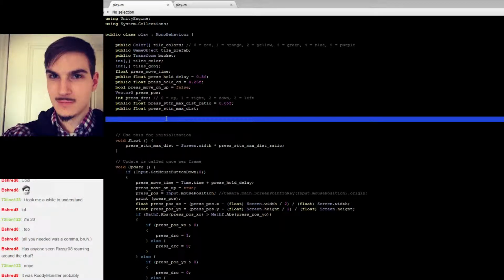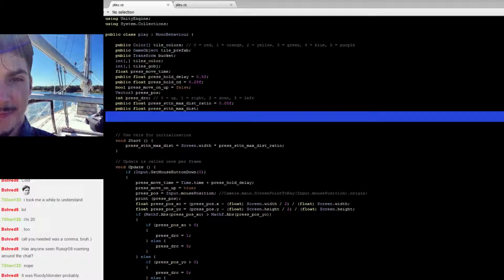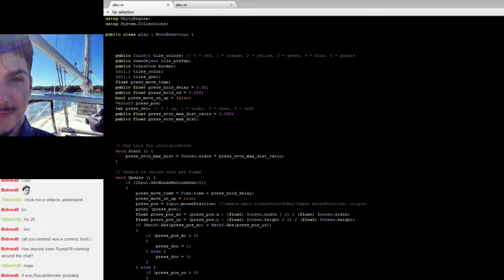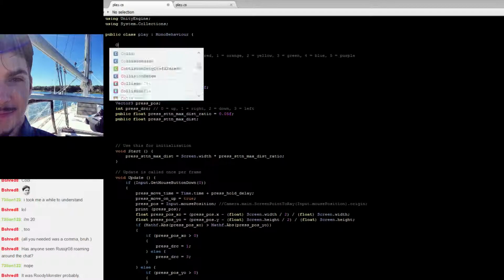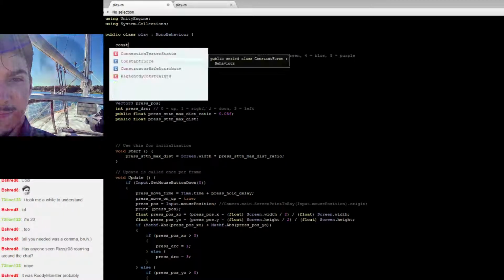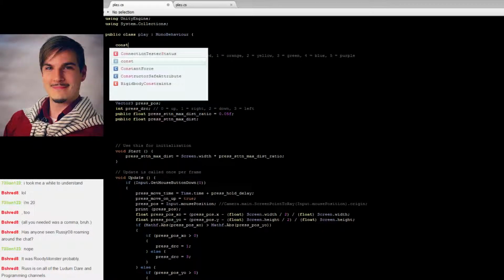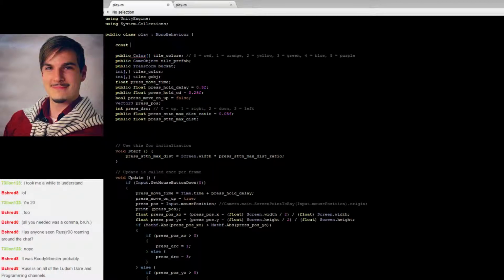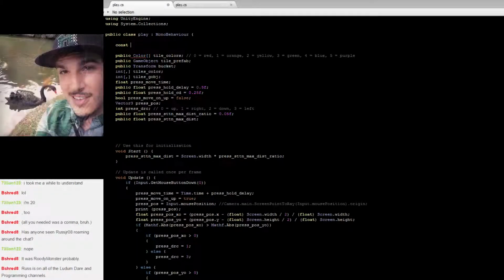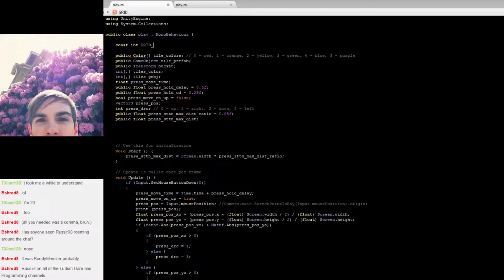Alright, so, for starters, I guess I'm going to just say, const, wait, no, const, yeah, I don't know why that didn't show up the first time, const int max, or grid x max equals